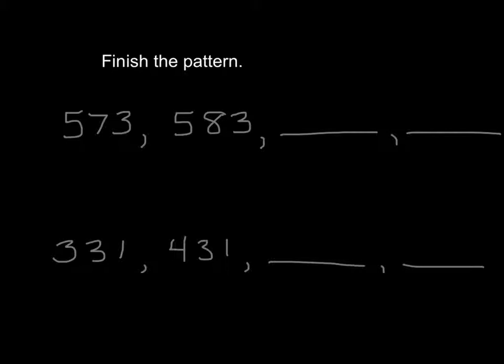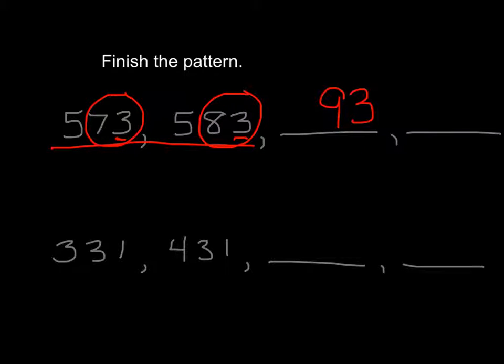Here we have the last two types of skip counting patterns that we ask you to learn in second grade. And up here I have some pretty large numbers, 573 and 583. Once again, if I concentrate on those tens and ones, you might notice something already. We have the same ones place digit. They both end with threes. That's one of my clues that tells me I'm probably counting by tens. 73, 83, what would come next? If I was counting by tens, sure enough, it would be a 93. I'm not going to forget that 5 in the hundreds place though. 573, 583, 593,